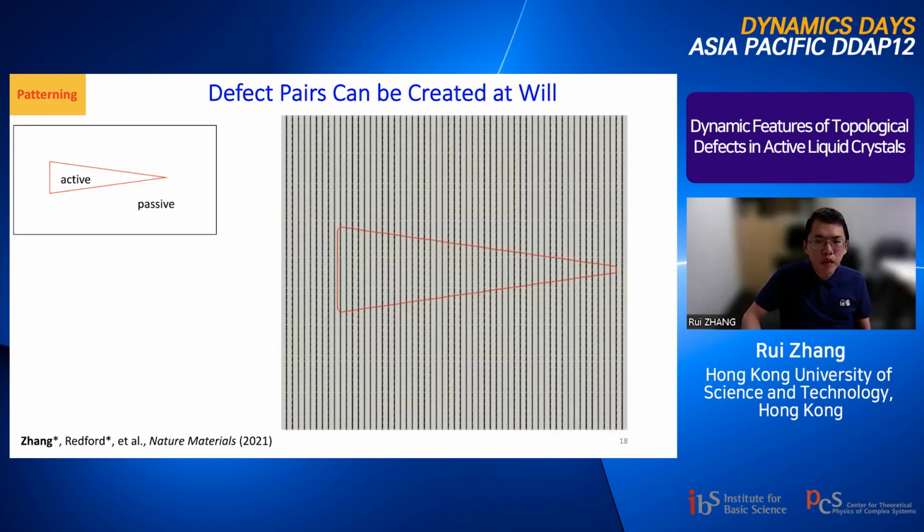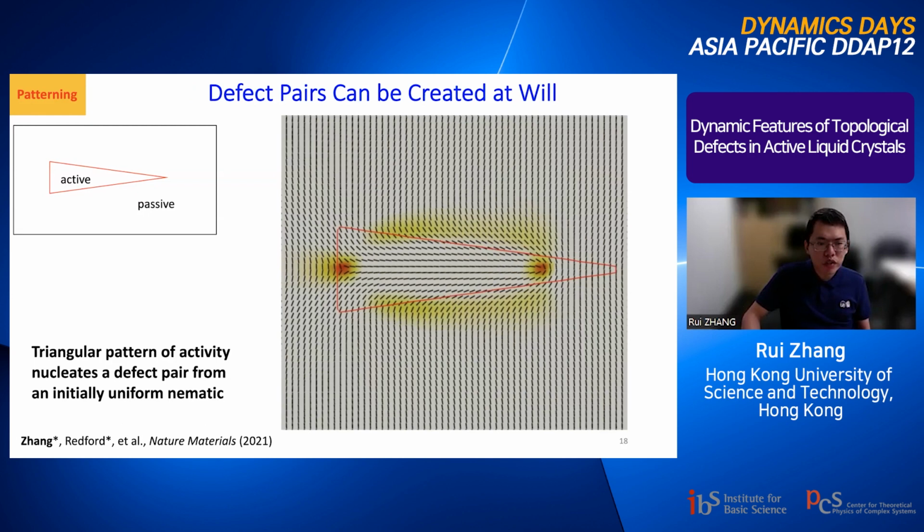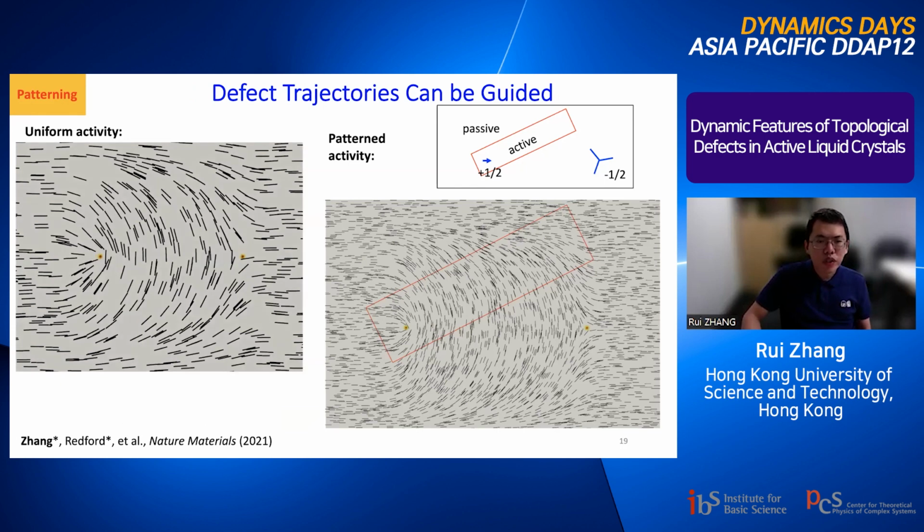Okay, actually we can go further in the simulation. Simulation predicts that we can use a triangular activity pattern to create a defect pair. This is very nice because we can use that to plant defects in the system. And another thing, which is very similar to what I just mentioned, is that we can use activity pattern to